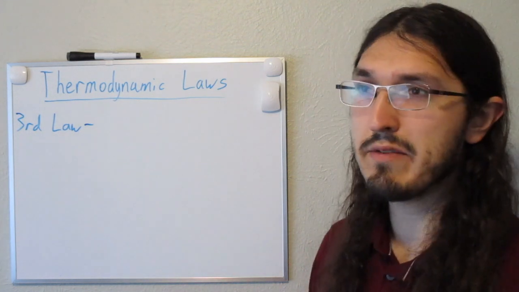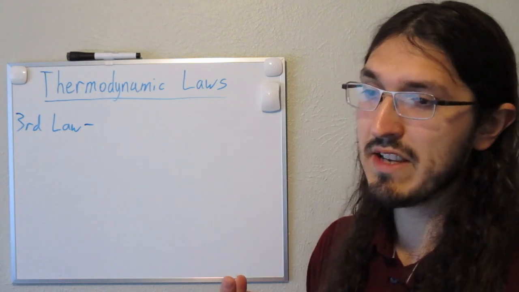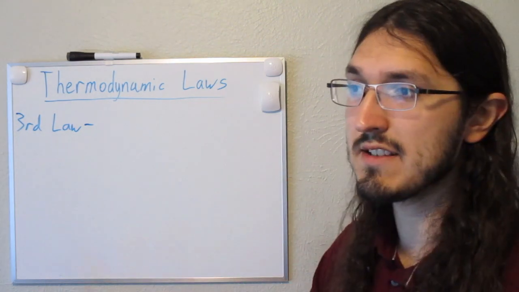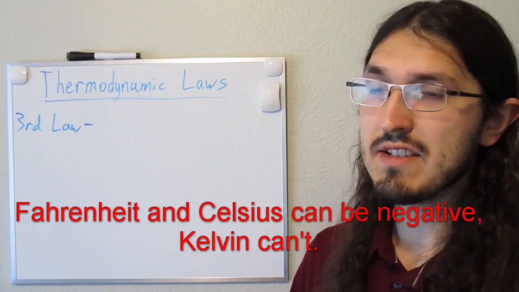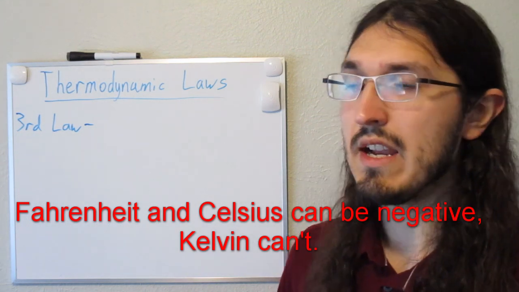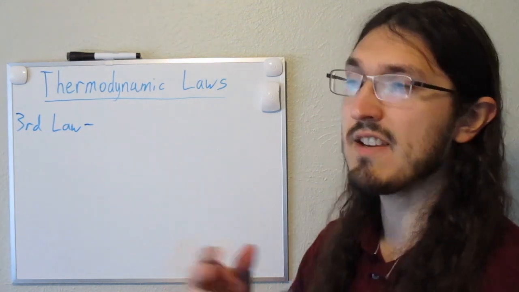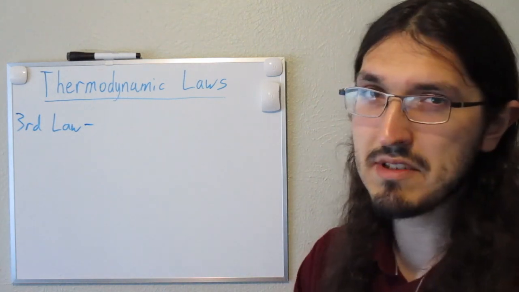In chemistry class, you might remember learning about the Kelvin scale, but if not, there's a 3rd temperature scale in addition to Fahrenheit and Celsius called Kelvin that we use in science. The reason we use this scale is so that we can define the lowest possible temperature as 0, and we call that absolute 0. Okay, so it's not physically possible for things to have temperature below absolute zero.